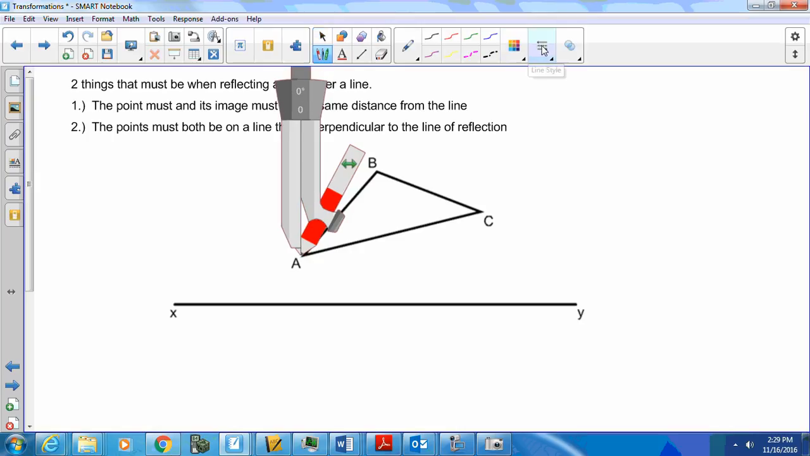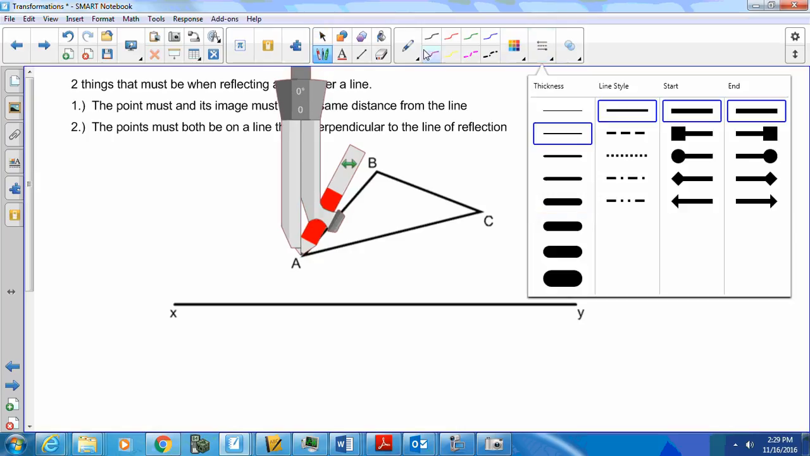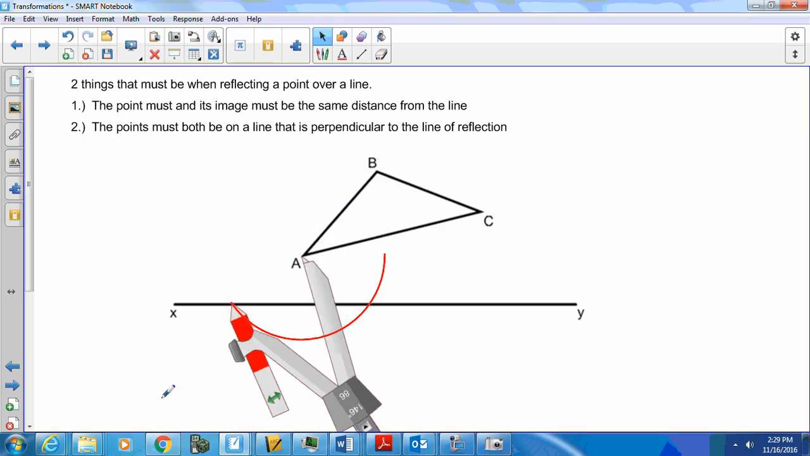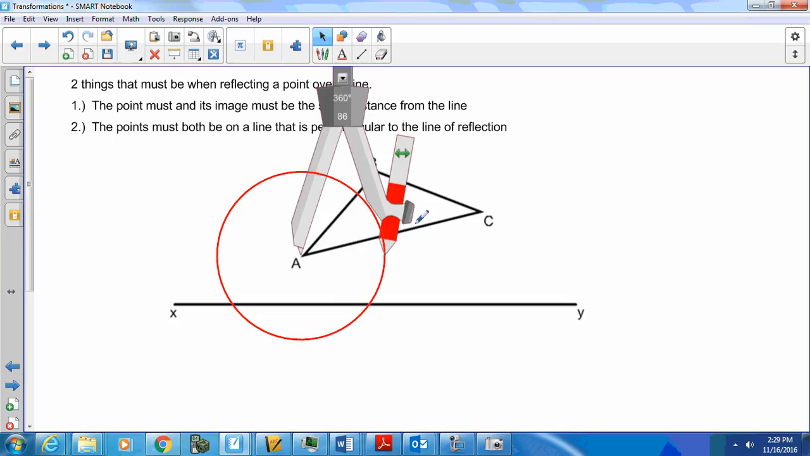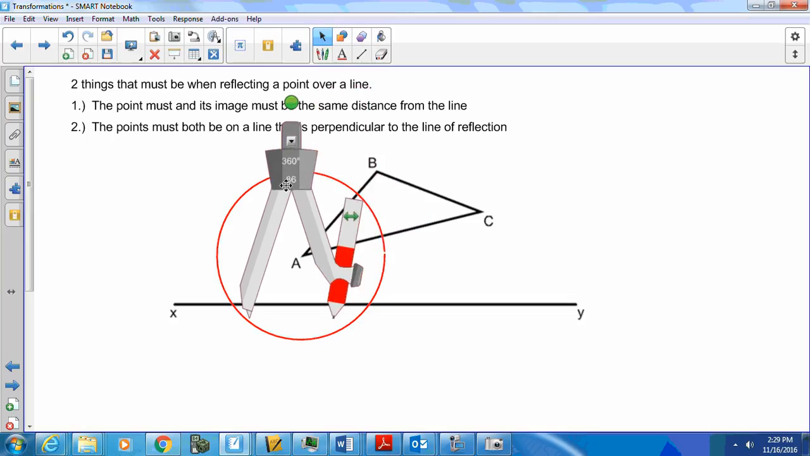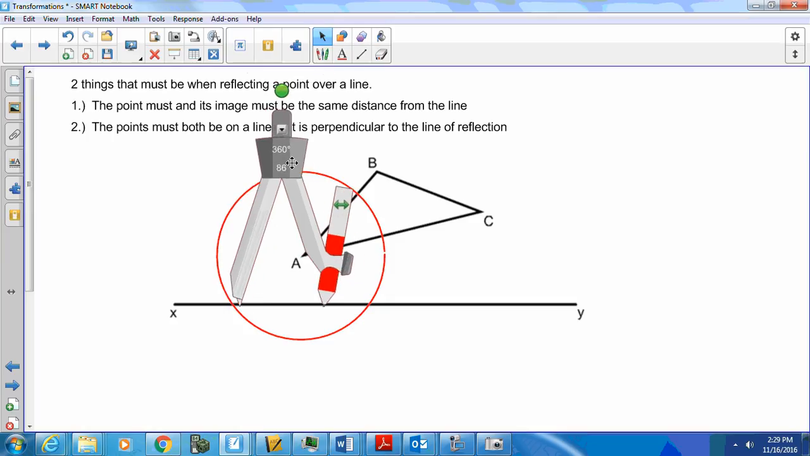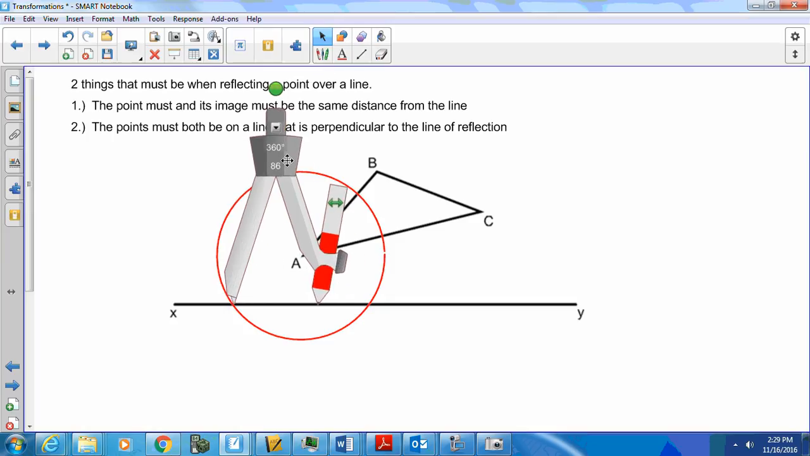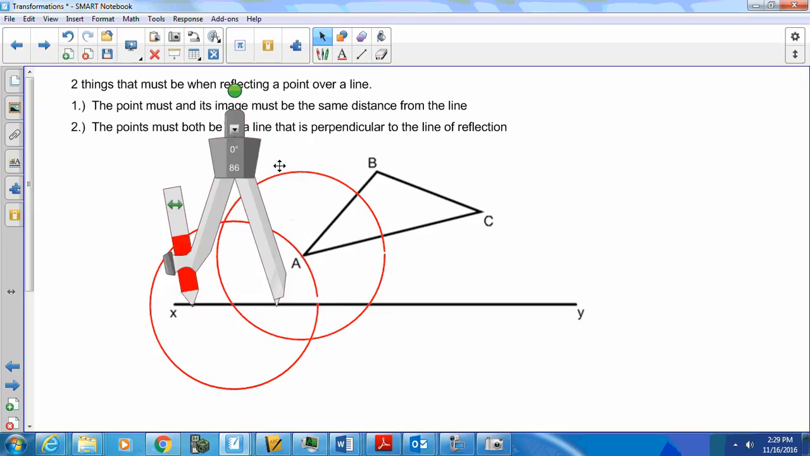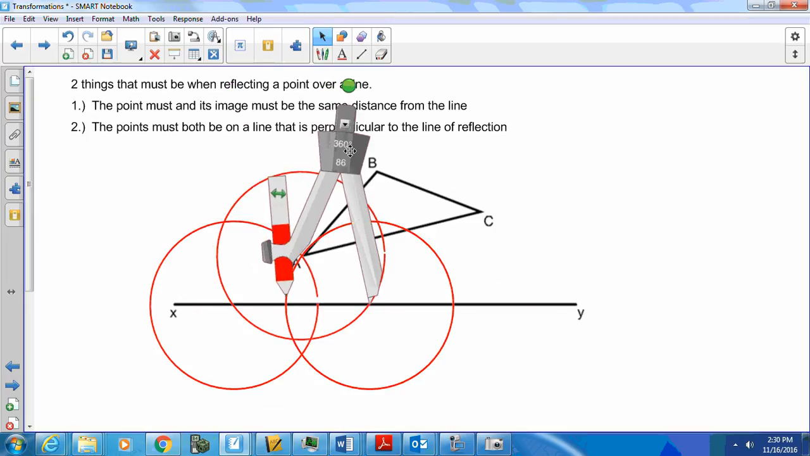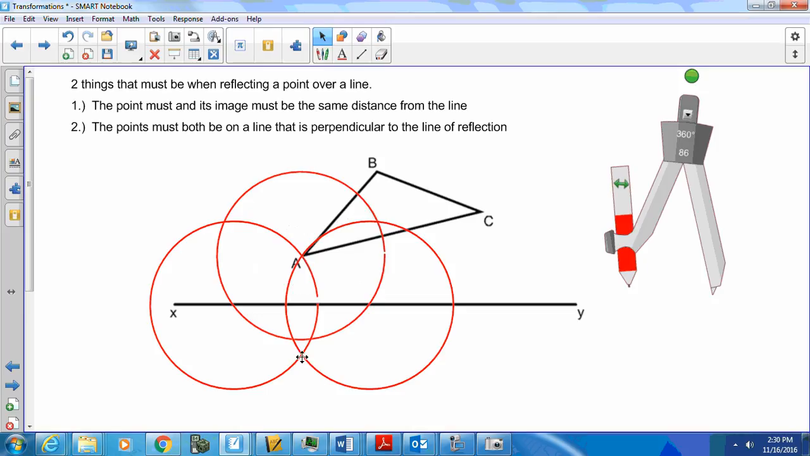All right, so what I do to reflect this is, going back, I would make a circle with A as my center. Then I would keep my compass the same, and I would make two more circles, putting the compass point on the intersection of the circle and my line of reflection, one there and one here. All right, so now what we have down here, this point right here,